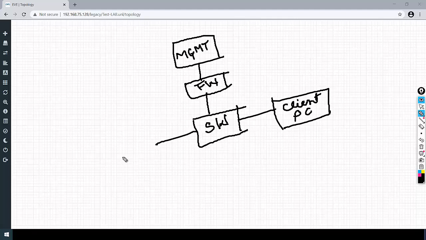And another interface of the switch will be connected to ICE. So ICE is basically connected to Cloud 1 or VMnet 1. We will be using that VMnet 1 to connect to the switch, and as the switch is connected to VMnet 1 and ICE is connected to VMnet 1, they will be connected to each other.